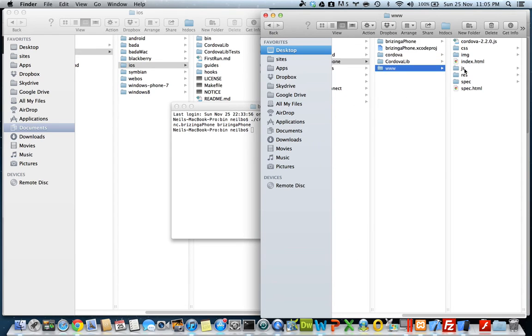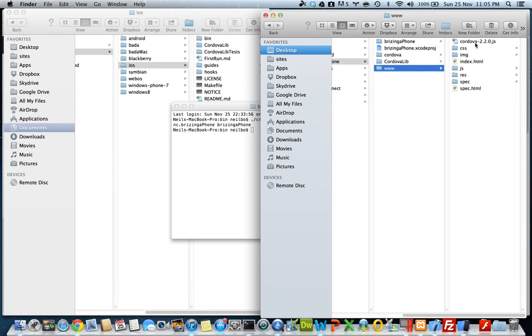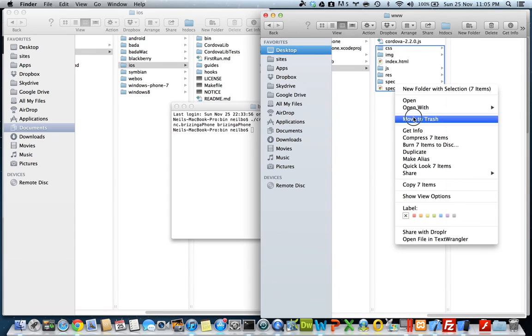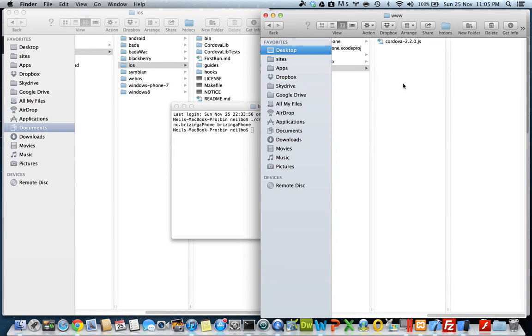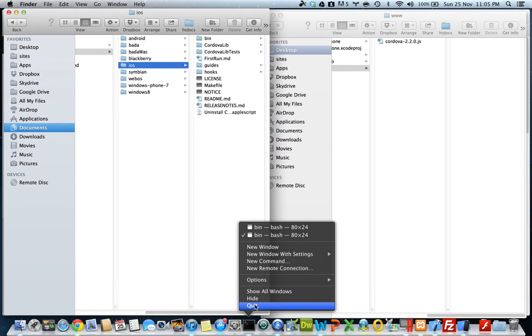Okay, I've got www folder, the standard Cordova assets there. So before I get into opening up my Xcode project, what I'm going to do is actually delete all this stuff, and I'm going to keep the Cordova 2.2.js, so that's all fine. I'm going to go back. I'll just get rid of this terminal actually,